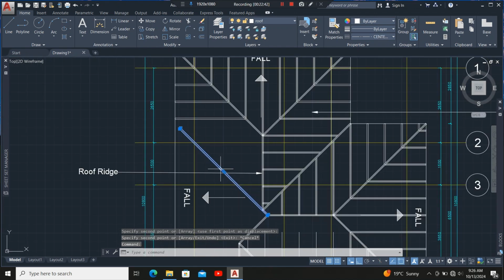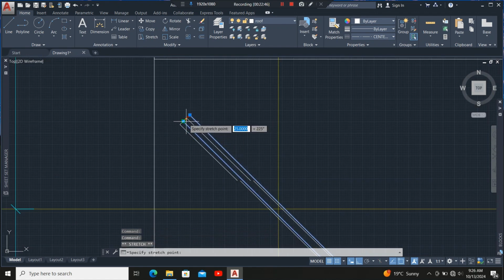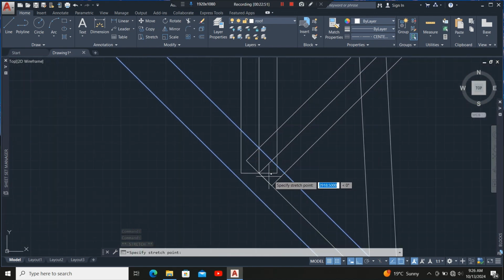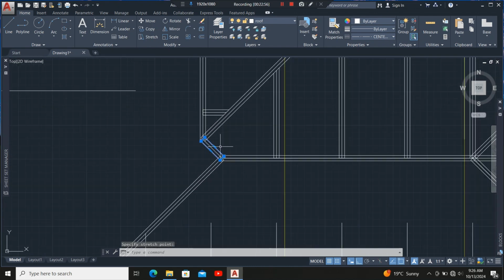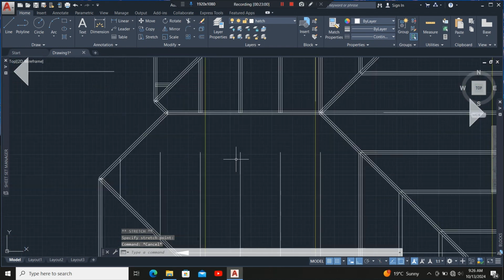Still I'll highlight it, then I'll simply stretch it in up to that point right there. Okay, so after that,